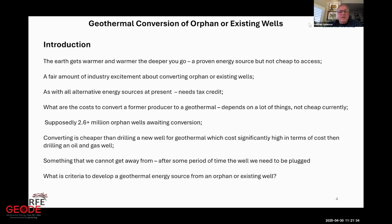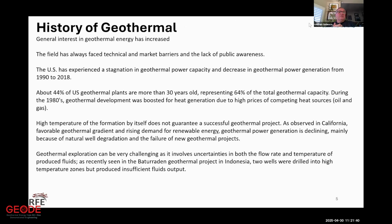What is the criteria to develop a geothermal energy source from an orphan or existing well? And I'll go through that. So the history of geothermal: it's very active in certain countries like New Zealand, around the world. But the field has always faced technical and market barriers and lack of public awareness. Everybody talks about it, sounds like a great idea, but for many reasons, wind and solar are more at the